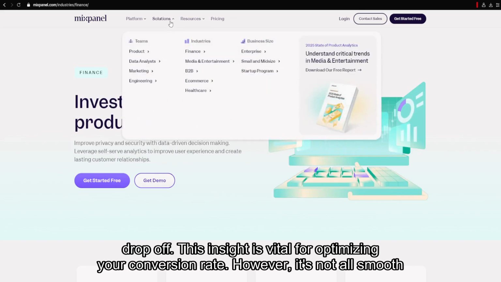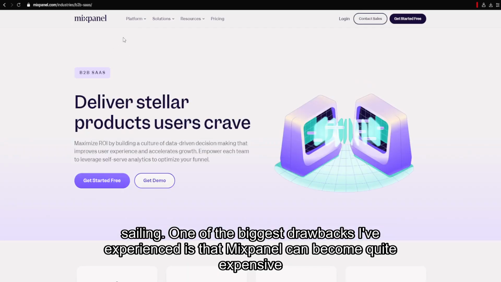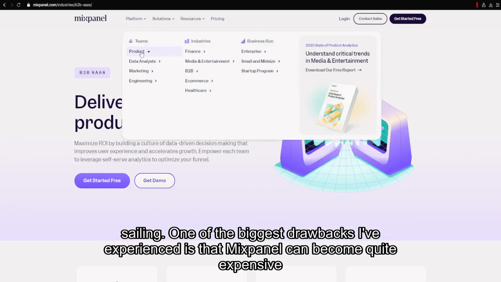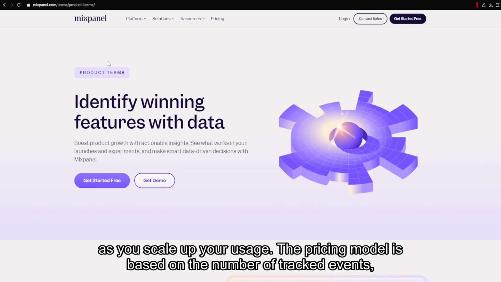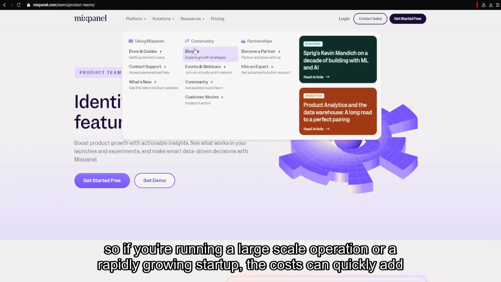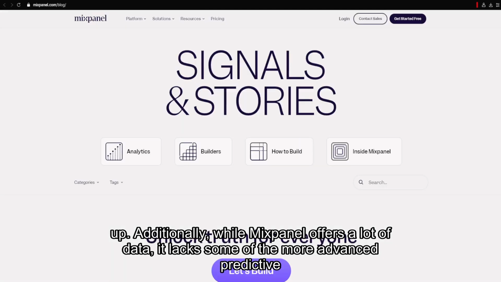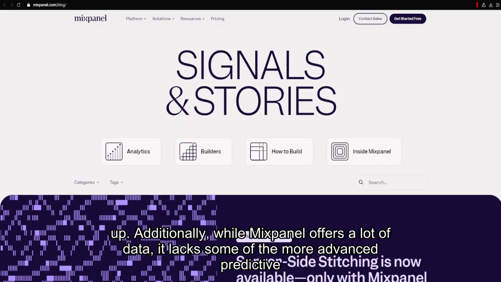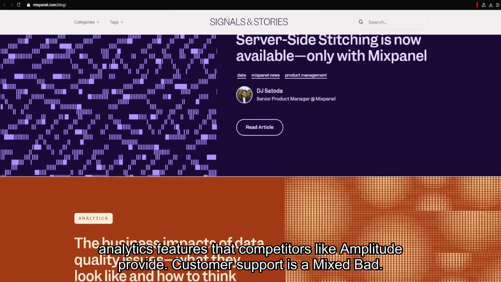However, it's not all smooth sailing. One of the biggest drawbacks I've experienced is that Mixpanel can become quite expensive as you scale up your usage. The pricing model is based on the number of tracked events. So if you're running a large-scale operation or a rapidly growing startup, the costs can quickly add up. Additionally, while Mixpanel offers a lot of data, it lacks some of the more advanced predictive analytics features that competitors,